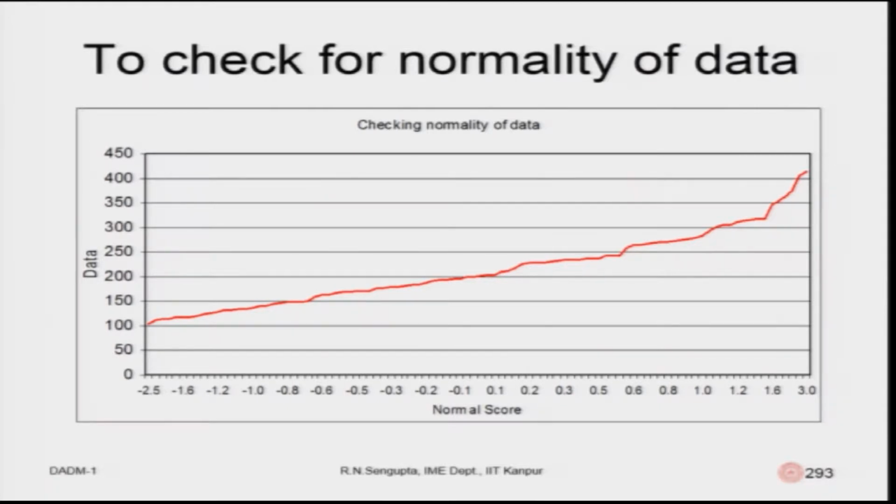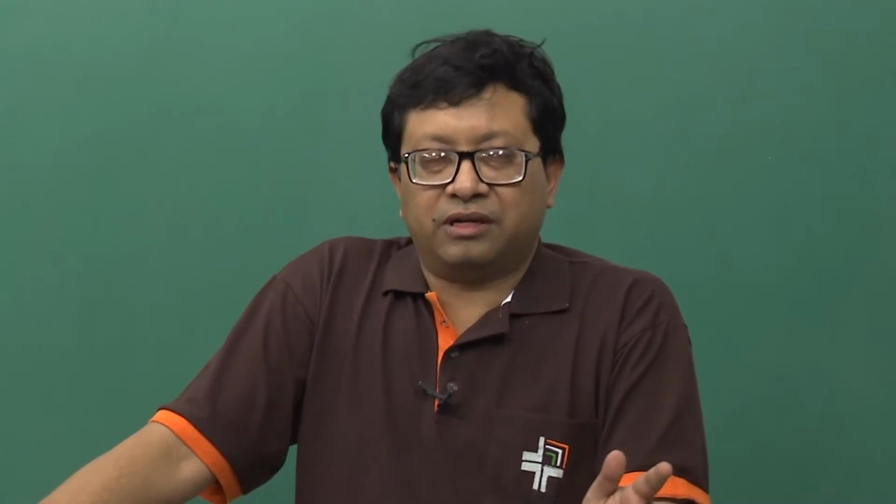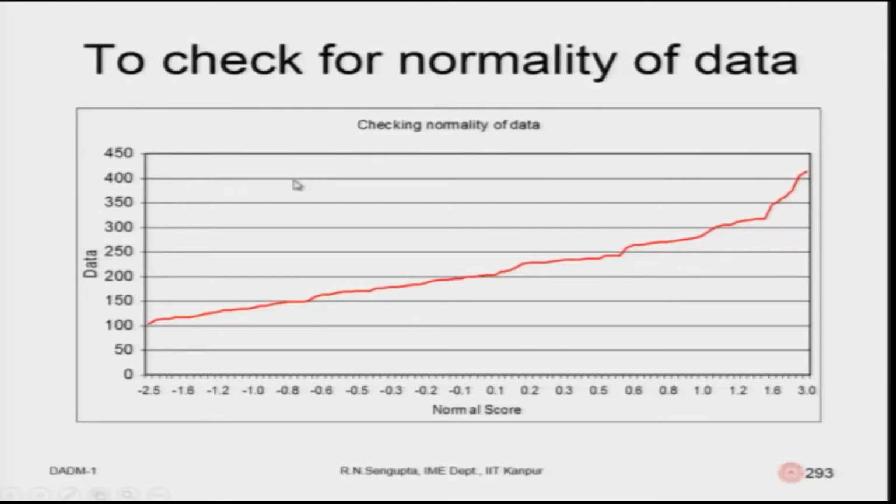So, the line joining would be a 45 degree line, which means the corresponding quantiles match, between the z distribution and the unknown distribution, which we denote by the random variable x. If the values match, then obviously the quantile to quantile values are the same. So, technically, I am just writing here, the quantile values should lie exactly on a 45 degree line.